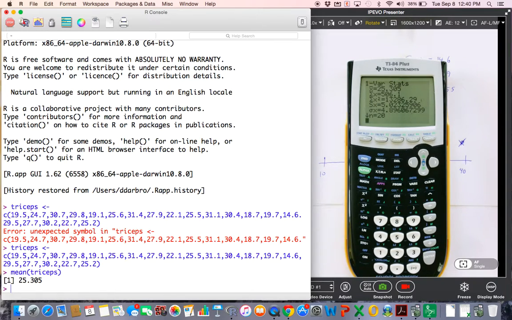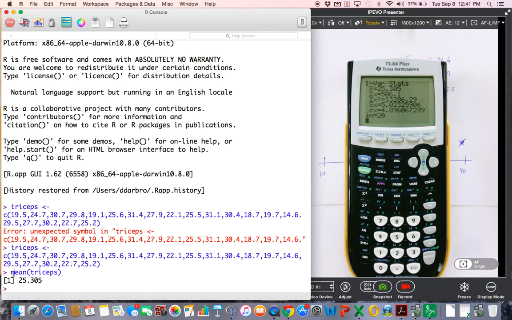Now, the question may be, well, how did I know you're supposed to type mean to get that? Well, guys, that's my job. I teach you how to do this. I expect you to know absolutely nothing regarding R. All I expect you to be able to do is to organize your life, and in your notes,